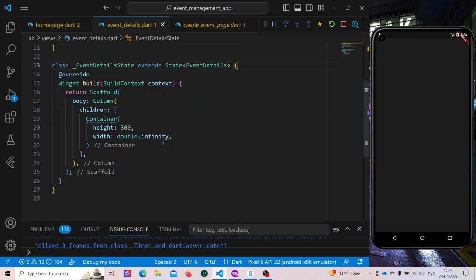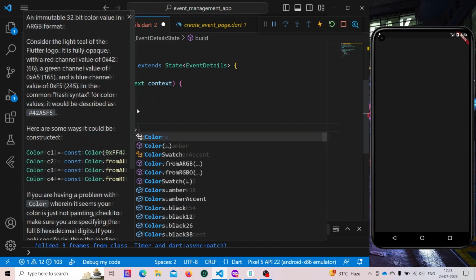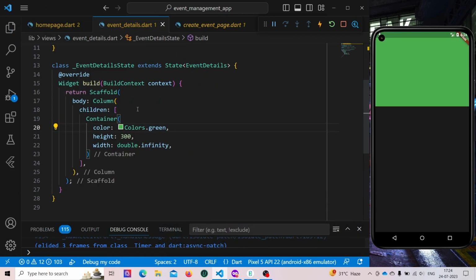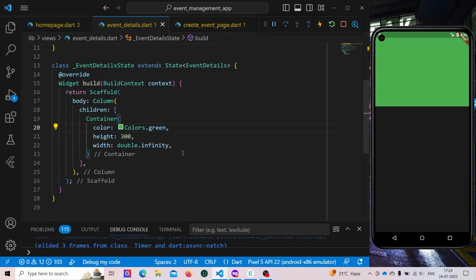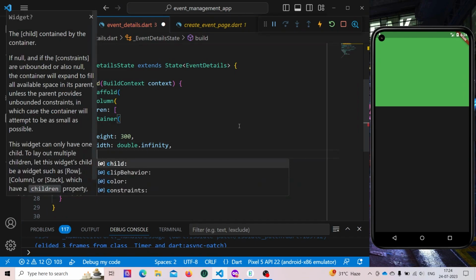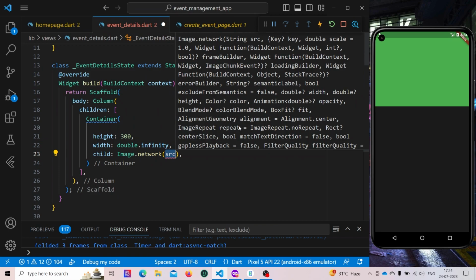Here we don't have anything. Let's just give some color to this container. Okay, so here we don't have anything, but currently we have applied a container. It's visible. Here we're passing the data, and instead of this container of green color, we will pass the child as an image inside this container. So it will be Image.network